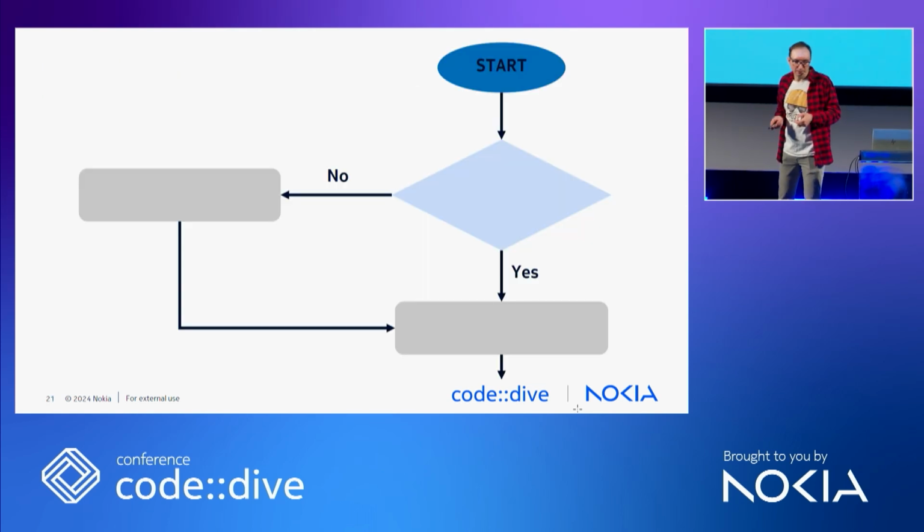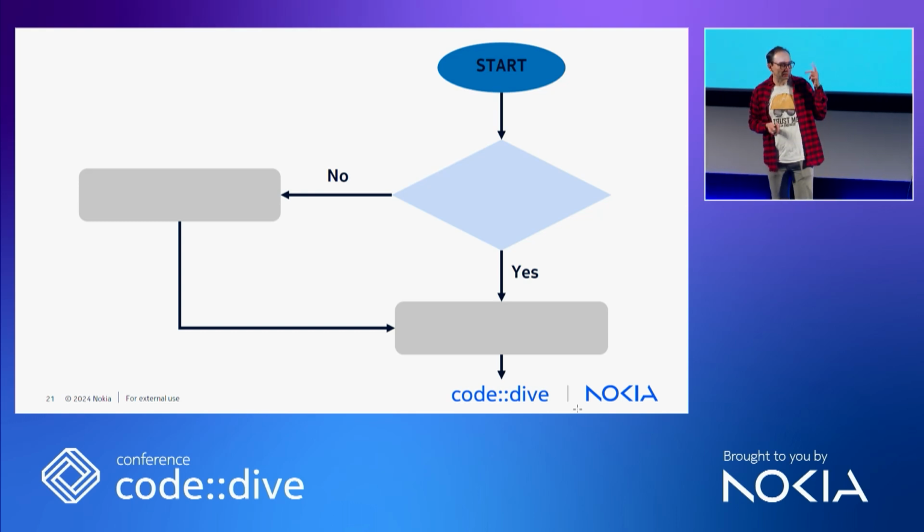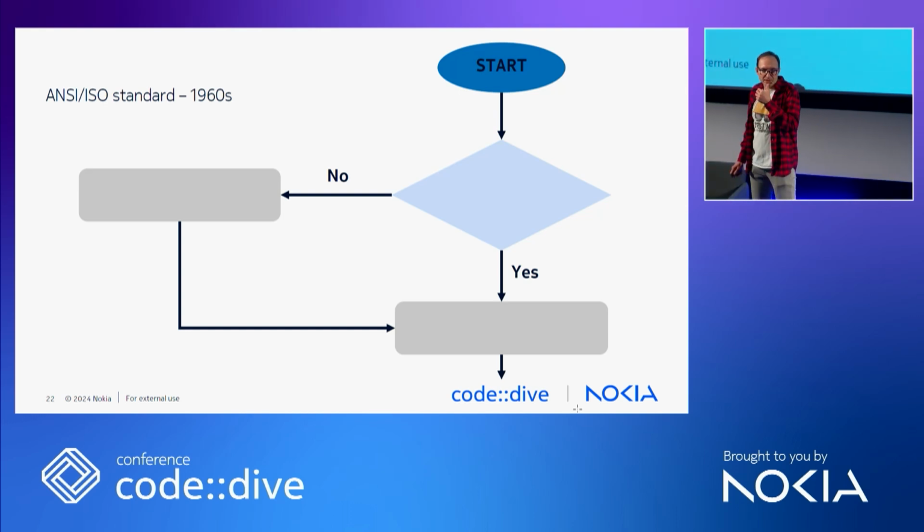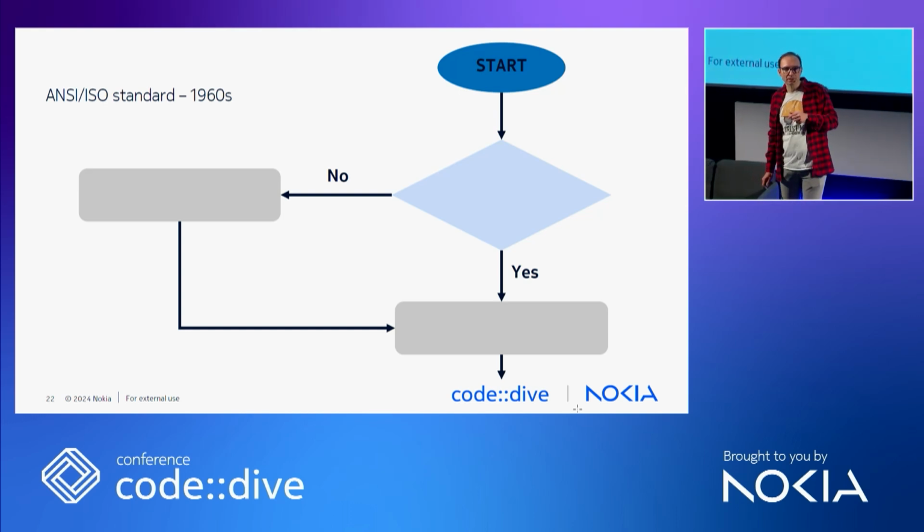You think rather about pictures like that. This is more or less a flowchart according to the ANSI ISO standard. The standard comes from the 1960s, but it is very current, very much in use. The last revision was in 2019, so it's fresh.